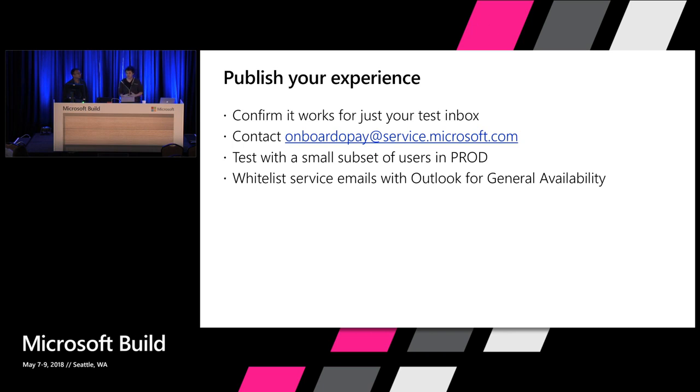The second part is, when you're ready to broaden that scale, you can do so by emailing our service, and we'll manually whitelist you for a certain set of production users you want to test this on. That's whatever group you want. Then once we validate that this works for this subset of prod users, we're ready for general availability. What that really means is we give your development account and your email address the ability to send to any inbox that is in Outlook.